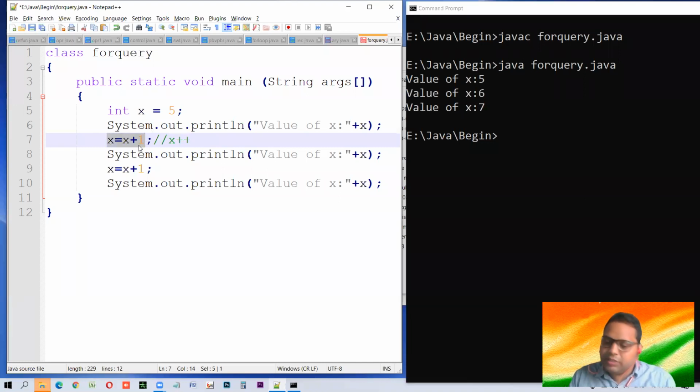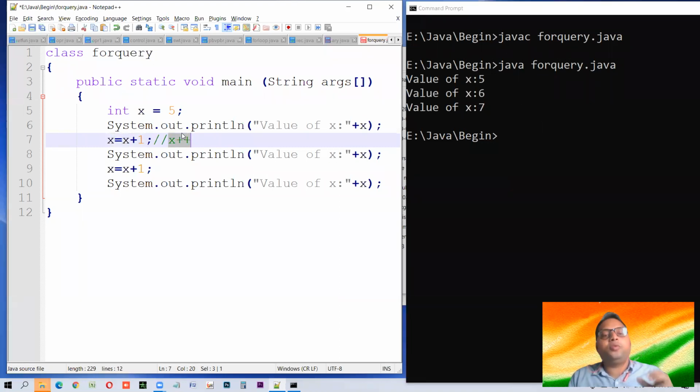In Java, or in C or C++ also, this operator is there. And because of this operator, C was given the name C++. But leave it, let's not discuss this. So if you really want to add simply 1 to a variable, you can write it this way, which is the obvious thing to write. But instead of writing this, you can also write this. This is a facility provided in such languages. So these both are the same.